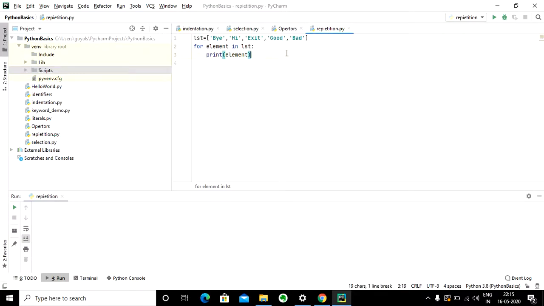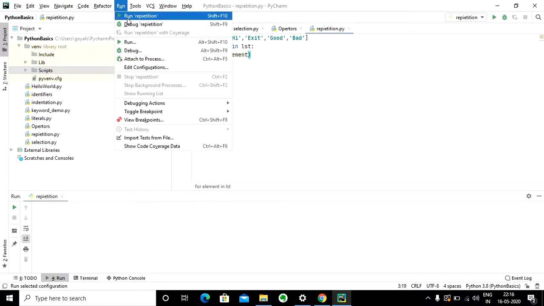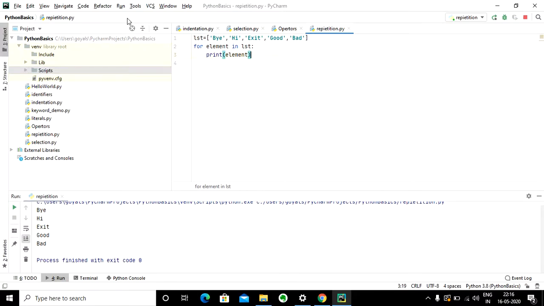Now if I execute this code, it is printing each element, but this is not our need. What I want is that as soon as element equals exit, I want to come out of this loop.